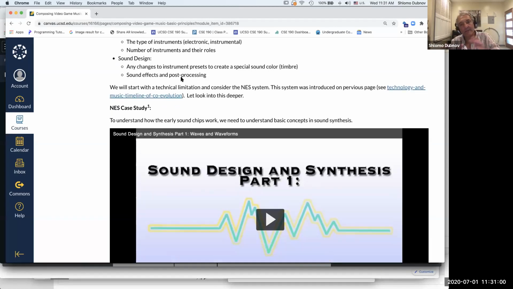Another thing is usually done in the post-processing phase. You have your composition and you add effects like reverb or some other filters, and can change the mood, not by changing the contents of the musical notes being played, but by adding other effects. This is post-processing, but many times you actually have to add specific sound effects. These could be things that relate to what's happening in the game, but many times these sound effects become so integrated with the music that they are part of the music. But it's slightly different thinking.